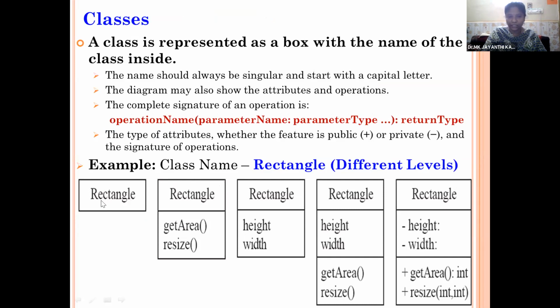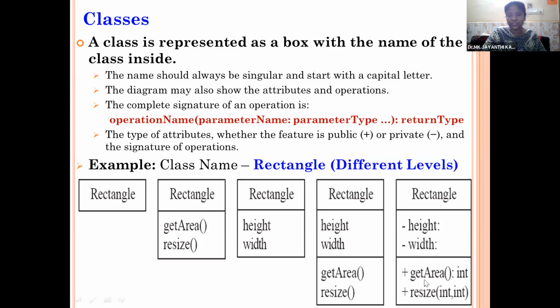The name should always be singular and start with a capital letter, and we should use a single word or noun. The diagram may also show the attributes and operations. Other attributes and operations should be specified separately. For example, here the name of the class is Rectangle. The attributes are height and width. So here we will say public height and public width, and a semicolon will be used at the end.